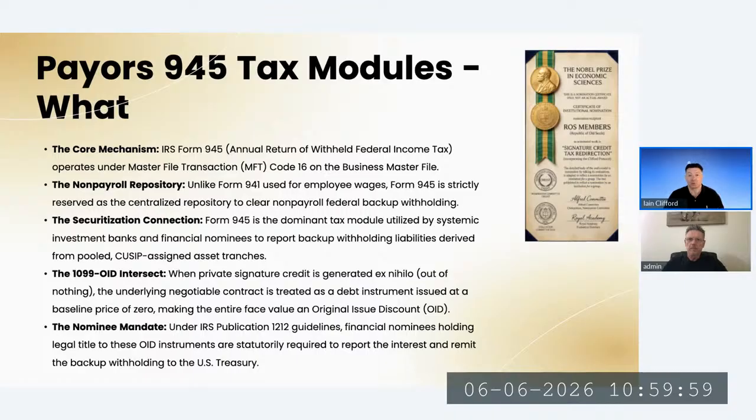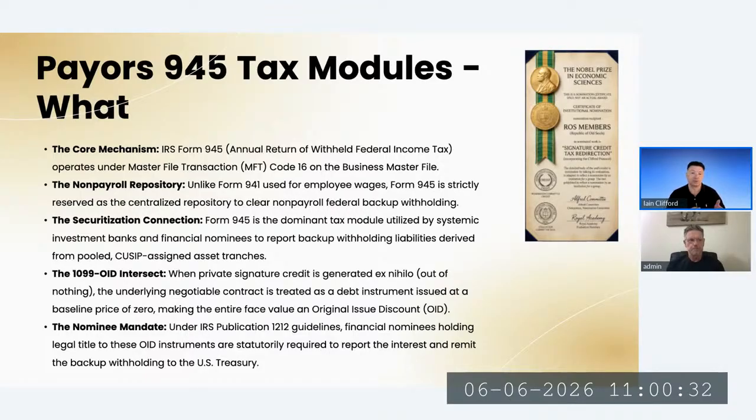And if you're looking for the way of avoiding a mortgage, that's how to do it, is to identify the bank that you've got your mortgage with, the tax payments that they're paying on their 945 tax module. It won't be the bank you've got the mortgage with, it will be an investment bank that's bought the mortgage note or mortgage security. And if you evidence that the bank at the top of the food chain is paying taxes on your mortgage, that makes them a debtor and not a creditor.